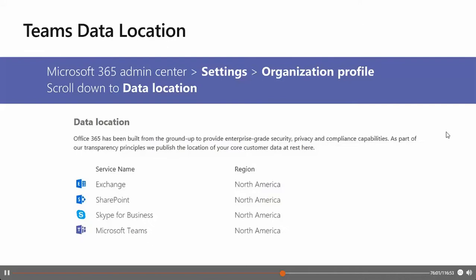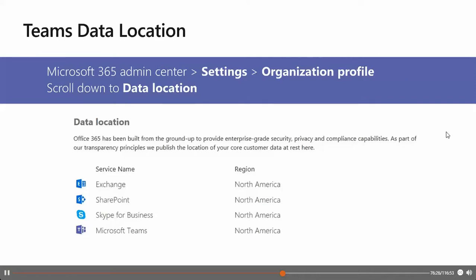To have a short note on the Teams data location, which you can find under settings, organization profile and data location, Teams currently offers data residency in Australia, Canada, France, Germany, India, Japan, United Arab Emirates, United Kingdom, South Korea, South Africa and Switzerland, which includes the part of Liechtenstein, for new tenants only.